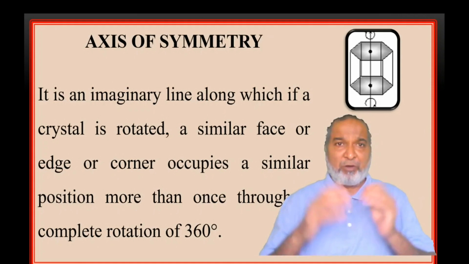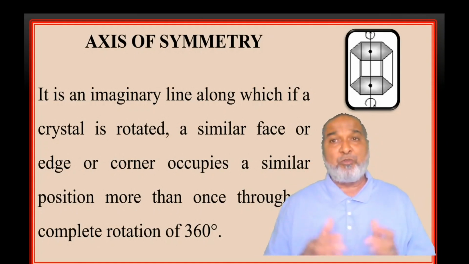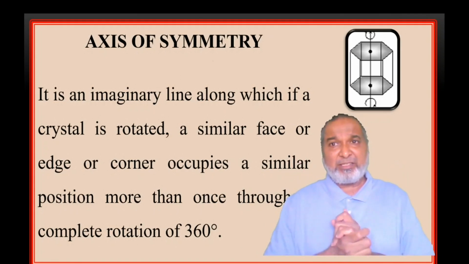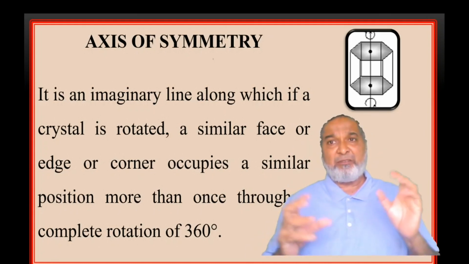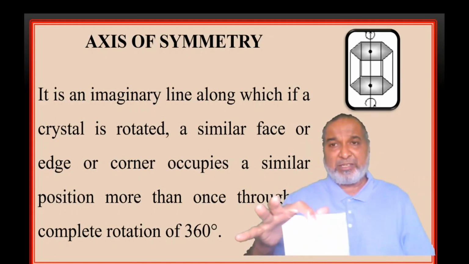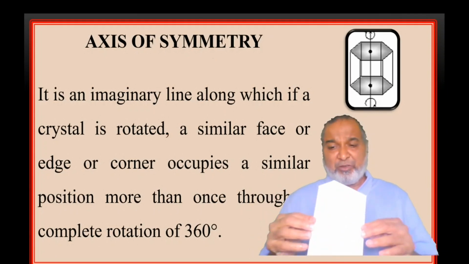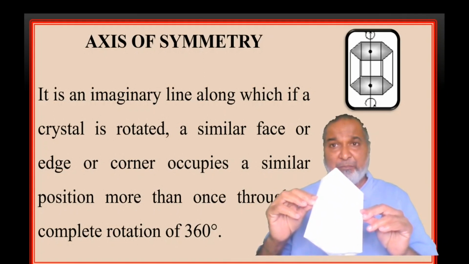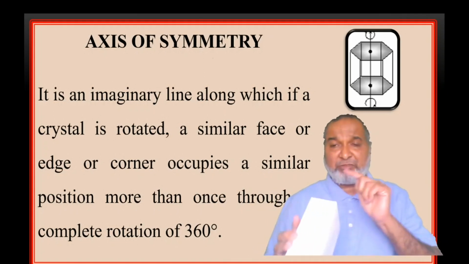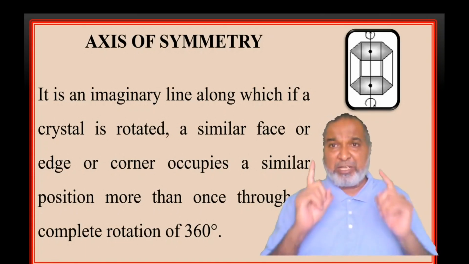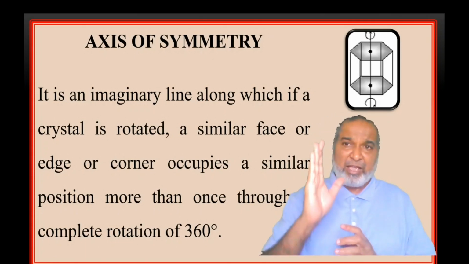Next, a very important one. Here you have the problem: how to find out the axis. We don't know how to hold the model. Yes, that is a problem. First, we don't know what the axis is. These are imaginary axes. We have to visualize that whenever you hold opposite faces, opposite corners, or opposite edges, an imaginary line will be there, but that imaginary line has to pass through the center of the crystal. If it is passing through the center of the crystal, then that is the axis.